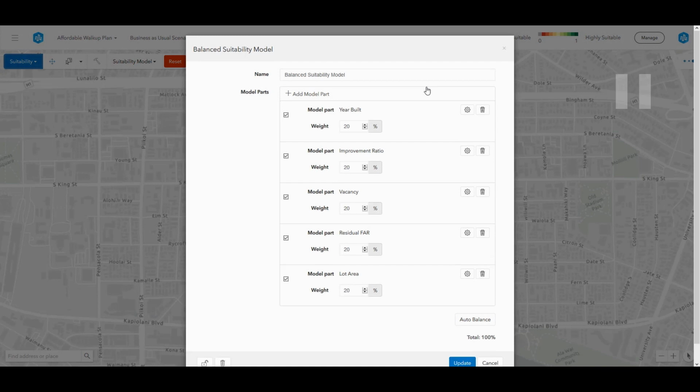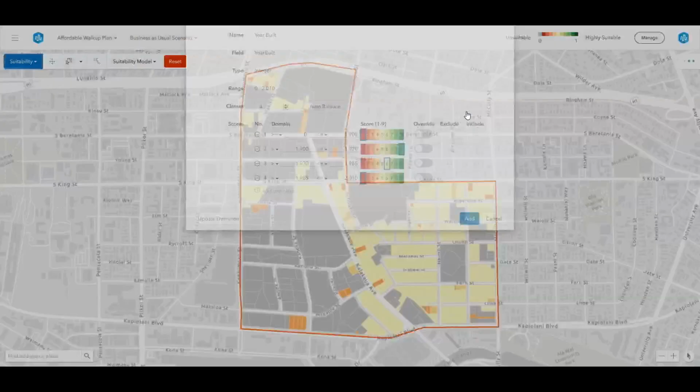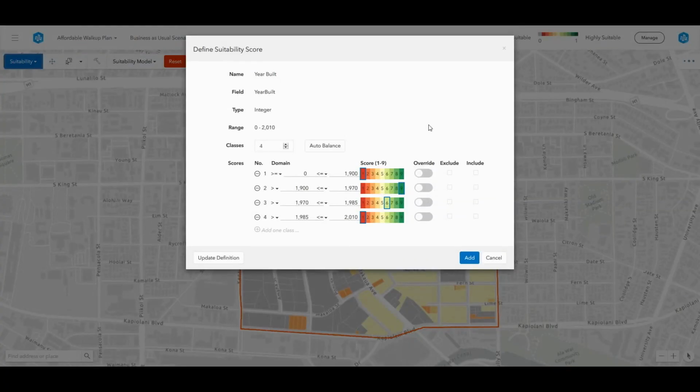So we've got a nice web experience for basically connecting to the fields that I have in my data, and I can add as many parameters as I want. In this case, I've got things like what year the building was built, whether or not there is a building on that lot, maybe lot area. The parameters that I create here are entirely up to me based on the data that I have. So for year built, we connect to that field. We get a breakdown of the ranges of years. I can then create my own